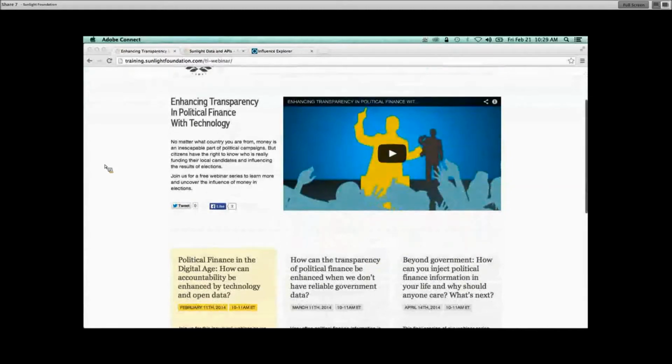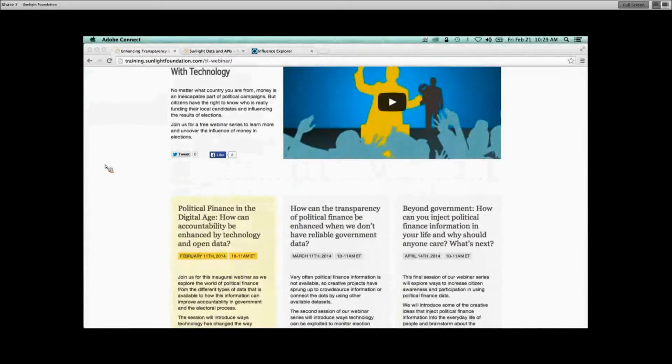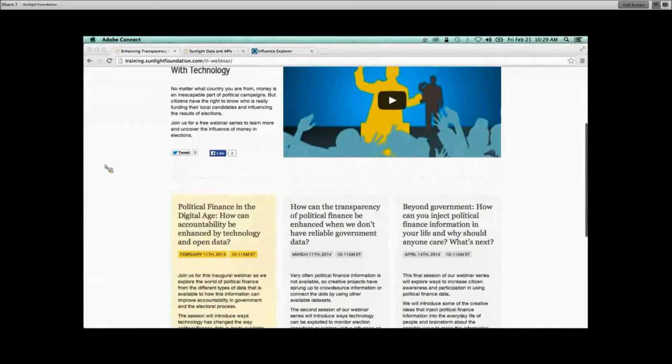And today, as I've said before, we're going to talk about data or tools that are built on data that is available in different countries. But what about situations, what about contexts where we don't have access to that data? And in most cases, we're talking about data that is unavailable or even non-existing.